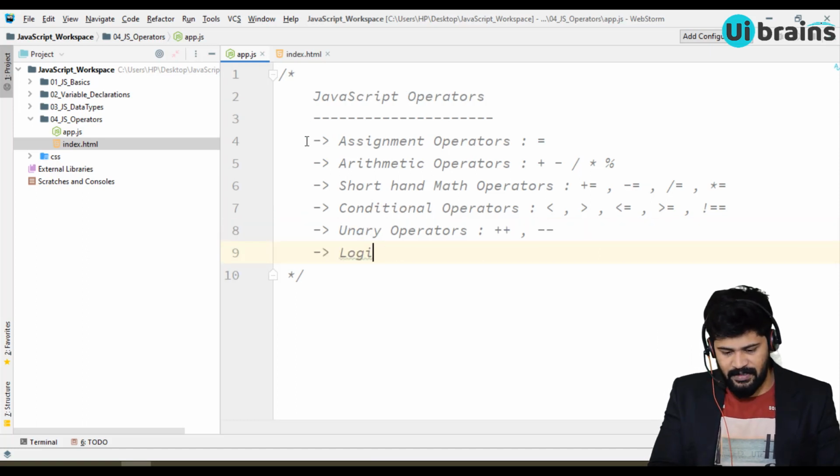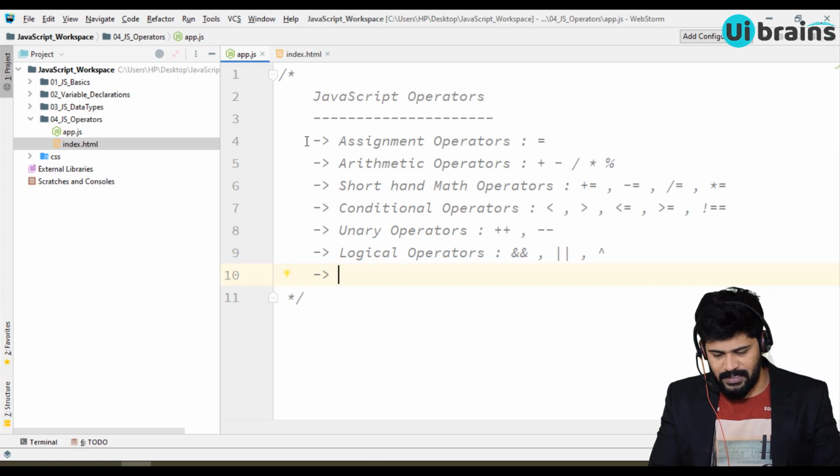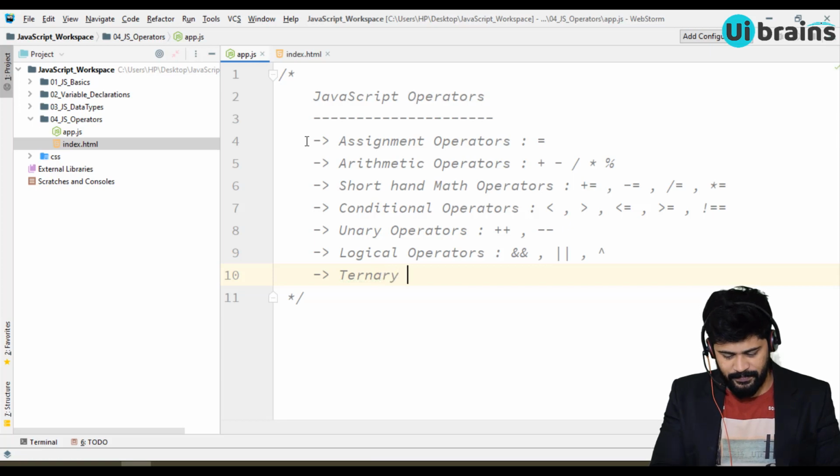And we have logical operators, like double ampersand, the or operator, or the XOR operator. Then there is one ternary operator, that is question mark and colon.